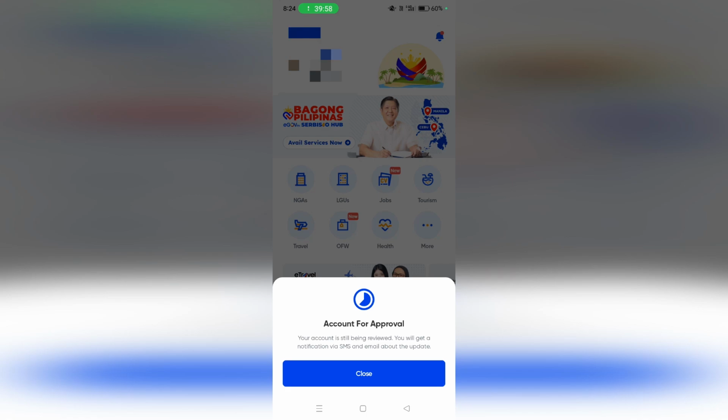So there, all you need to do is download the app, answer a few pieces of information about yourself, and verify your number and email. After verifying those, you just need to show one valid ID. Valid ID, there's a lot you can use: passport, driver's license, NBI clearance, or if you have a national ID card itself, you can use that as well. But yeah, there you go guys, that's how you do it.